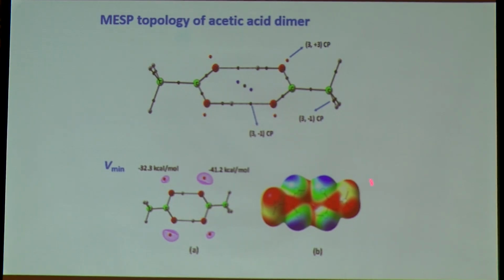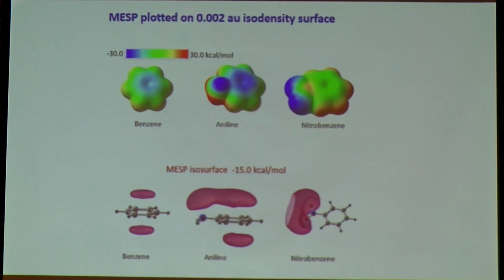And this is the kind of plot from Politzer and Murray and so on. They apply this kind of figure: on an electron density surface, plot the electrostatic potential, and on the surface derive the minima and maxima, plus values and minus values. They also come up with a theory like sigma hole interaction to describe some of the non-covalent interactions.